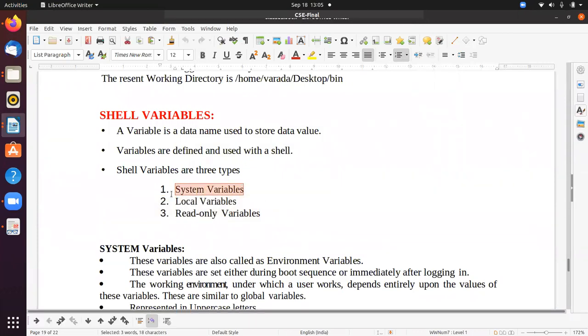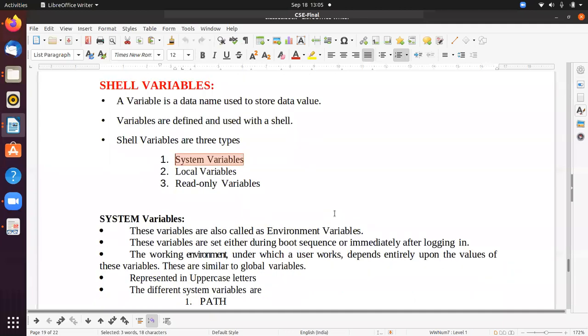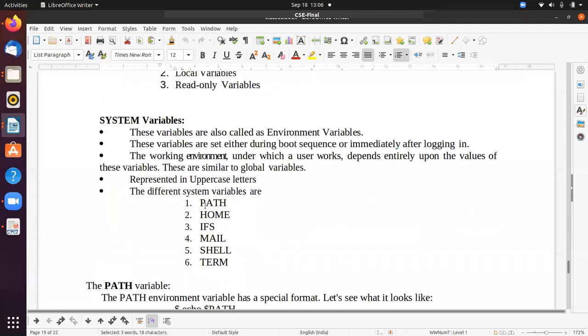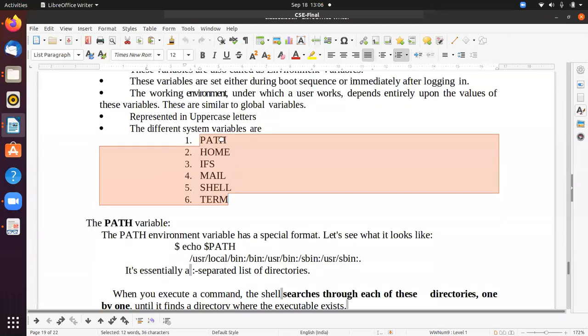So what is a system variable? These variables are called environment variables. When you boot your system and log in to the system, some variables are automatically initiated. Those variables are called system variables. All of these are in uppercase letters, and we discussed the different system variables in yesterday's class.